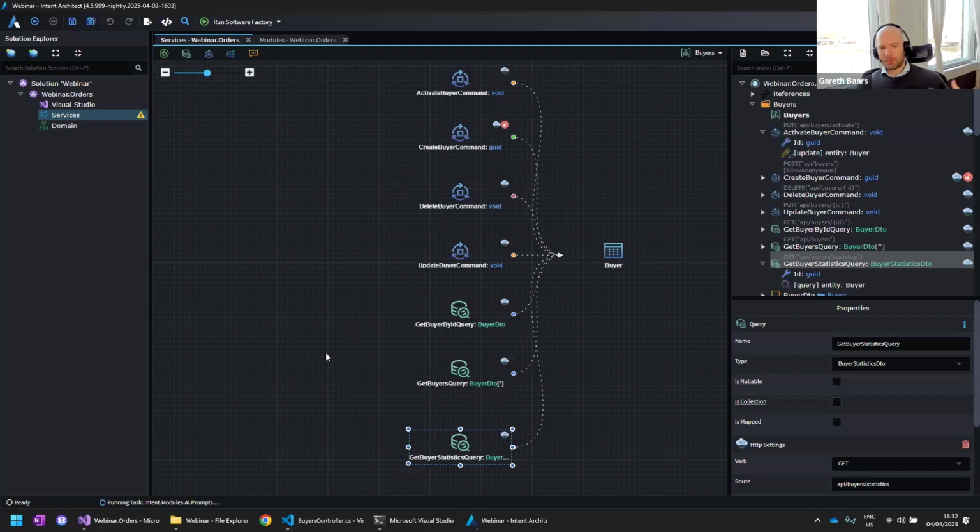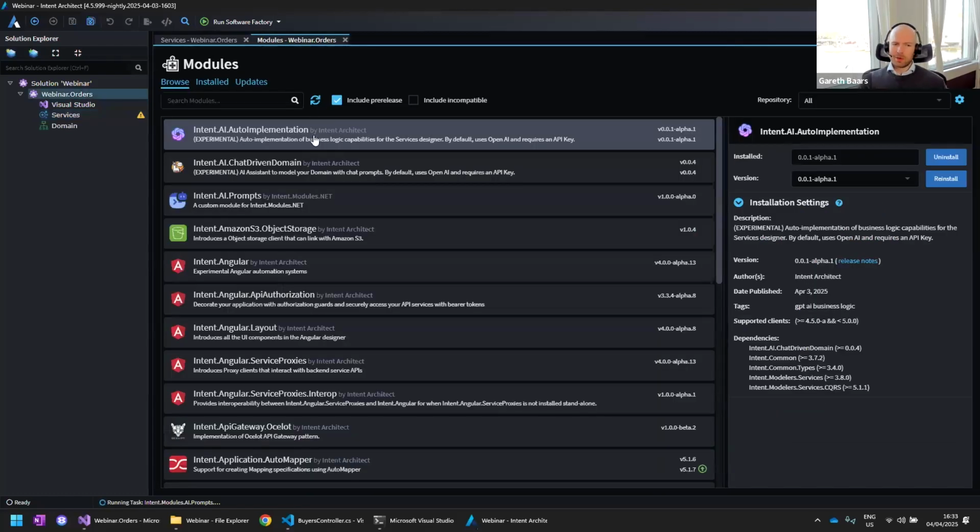And so, to get the prompt to go through this. And this is using GPT-4o. And this is, by the way, not something that's built into Intent Architect at all. This is all built into this module. So just as a reminder, Intent Architect is a platform. And so ultimately, as a platform, you can plug all kinds of processes and services into Intent Architect and trigger them from inside of the Intent Architect ecosystem. And this is just a simple example of us doing that.